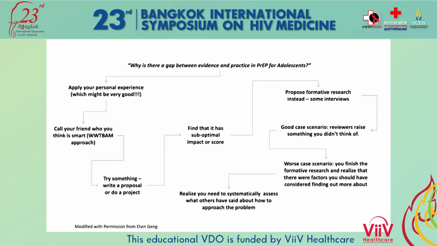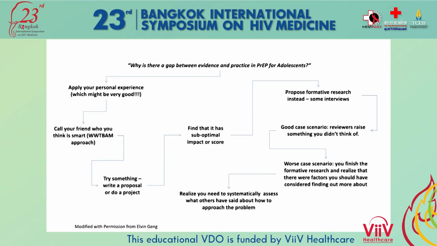So you might call a friend who you think is very smart, and they may have a really solid understanding, and you can try something. You can write a proposal or actually implement a program. You might find that it doesn't work, or that it's not well regarded. And so then you think about doing some formative research to try to understand it. And if by chance you might find out what the actual issue is,